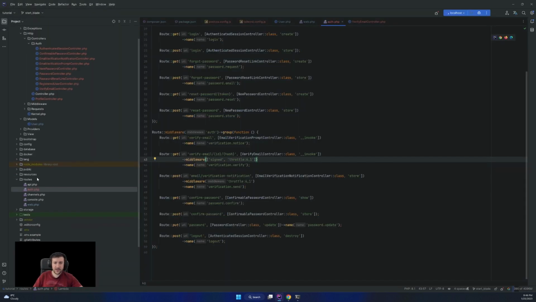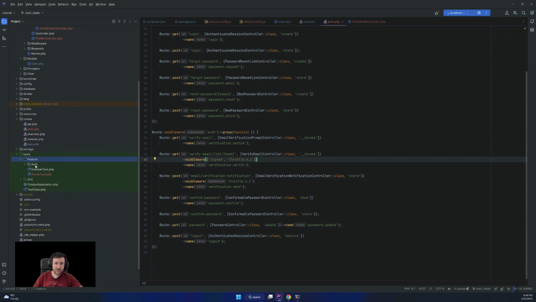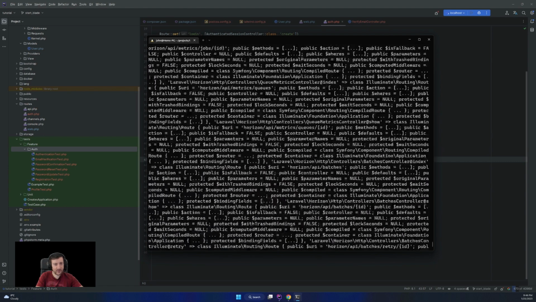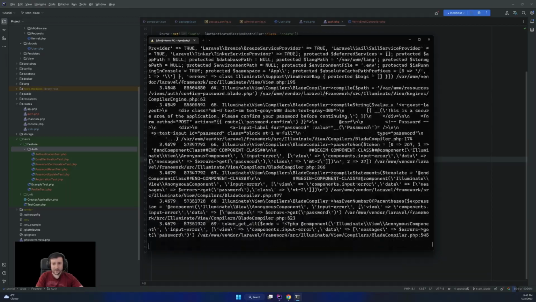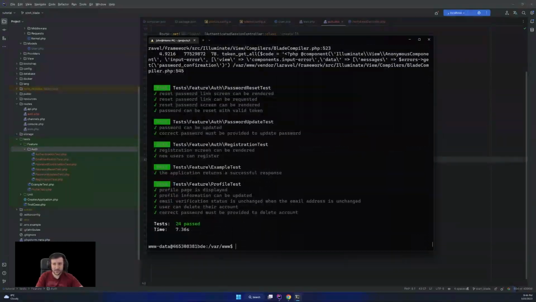This starter kit also provides a set of feature tests. If we want to run the tests, there are two ways to do it. The first way will be artisan test, which will show you a nice output. I'm not really sure what's with those outputs, maybe the tests got altered or something happened.